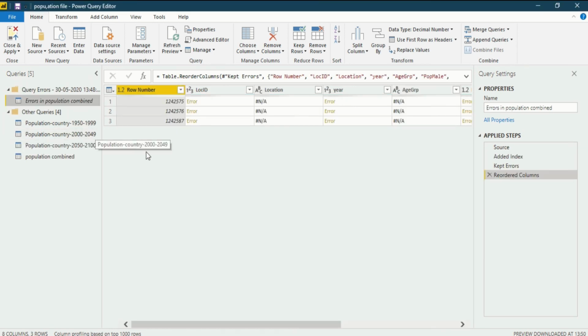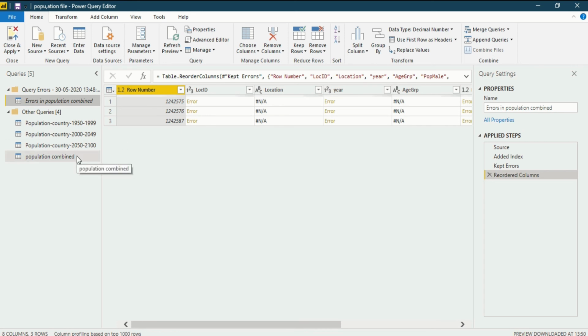Now you can see the errors that have been detected by Power BI desktop after we changed the format of our data, because earlier it could not be detected, as it didn't know which format of data you had entered. Now you could see these are the errors, in location as an NA, or year is an error. So these are the errors that you can see. Now how could you remove these errors?